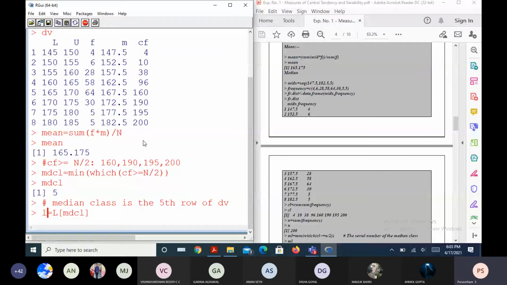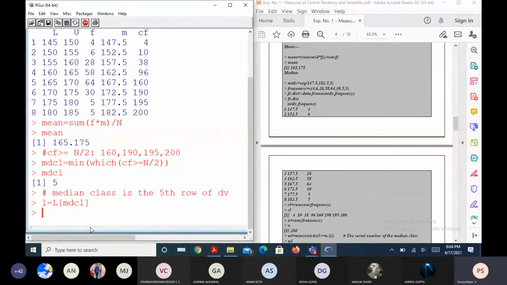What is the reason? Because we want the lower limit of the median class. Right. The median class is the fifth class now: class 1, class 2, class 3, class 4, class 5. So we want the lower limit of the median class, which is taken as little l. Don't get confused, it is not 1, it is little l. So my little l is 165.